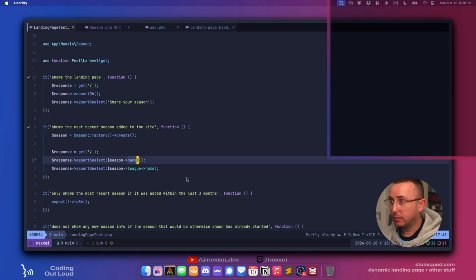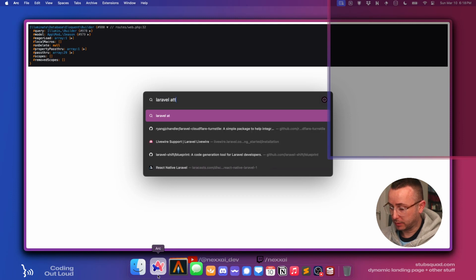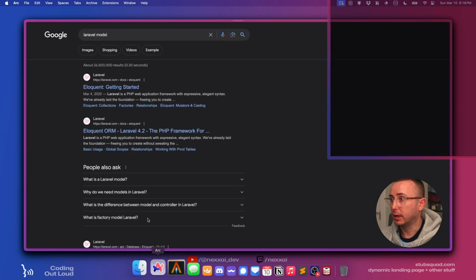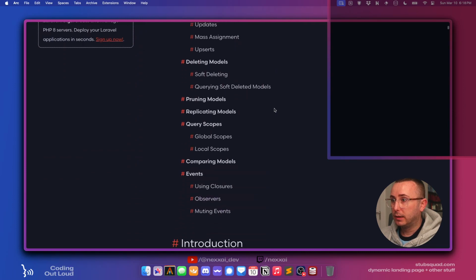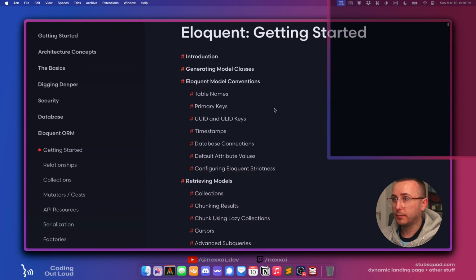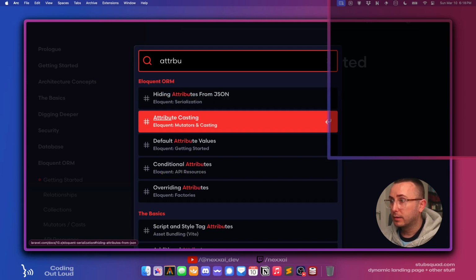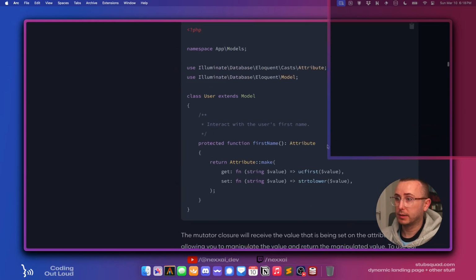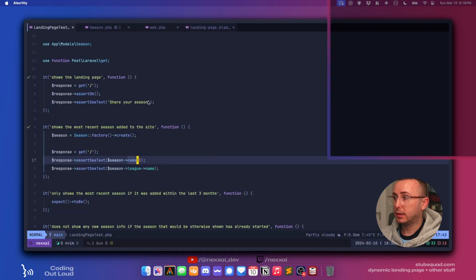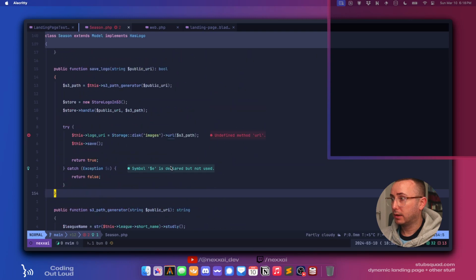And in fact, I want to make this an attribute because I believe we're probably going to use that in the future. So Laravel, I can never remember, model, whatever, getting started. And so there's a way to set, is it attribute casting? No, it's not that. It's right here. Okay, so we basically want to create that attribute on the season model. We're going to make this